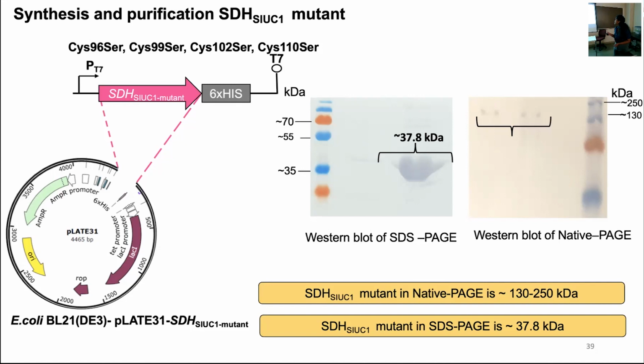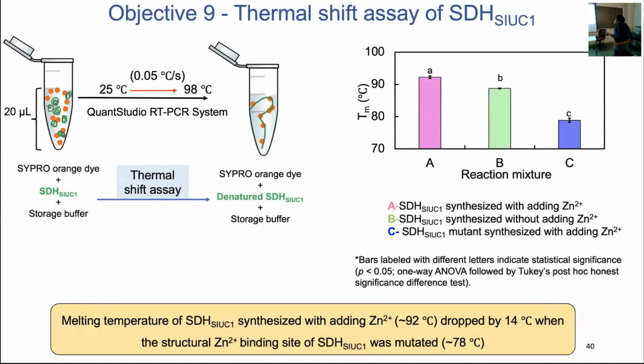For that, first of all, we conducted a thermal shift assay, where we can find out whether we could see any change in the melting temperature of these 3 enzymes. So the 3 enzymes are the enzyme synthesized with zinc, without zinc, and the STH mutant. So based on the thermal shift assay, we observed that